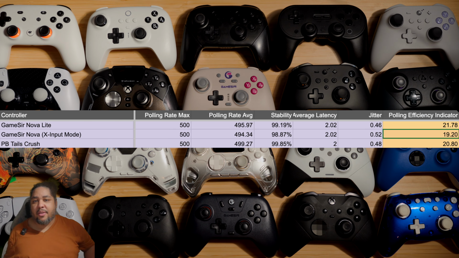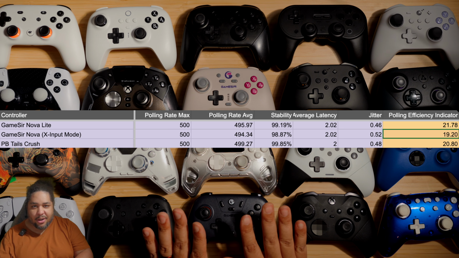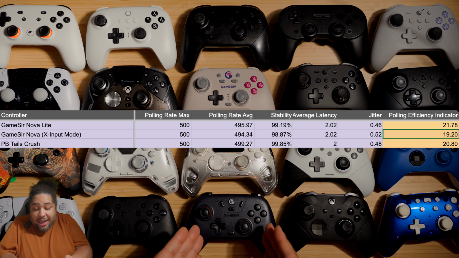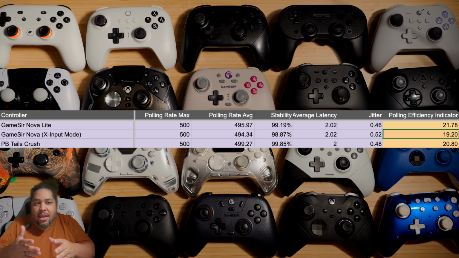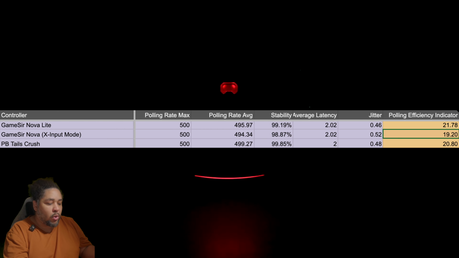When moving to 500, it's so tight that they're both great, but for different reasons. I keep going back to the Nova Lite because it's amazing. I don't need to say again why, you guys know. If you'd like to have that, but with features, then look no further than the PB Tail Crush, because that controller actually is,